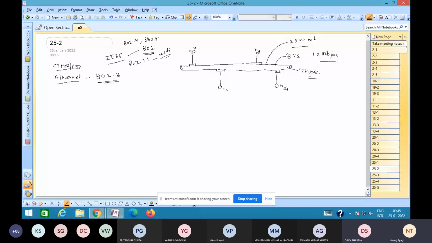Okay, so these were token ring and token bus, and this is Wi-Fi 802.11. So let us see this 802.3, which was proposed on a shared link. And now let me just draw it like this, that is for a bus, and nodes are connected to bus N1